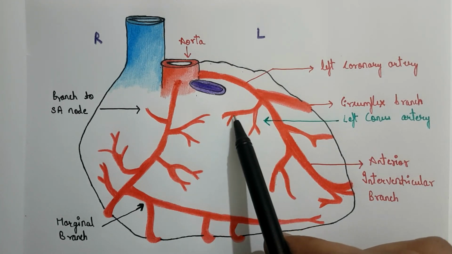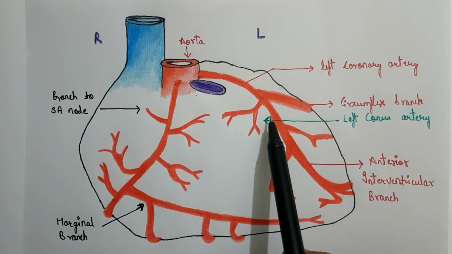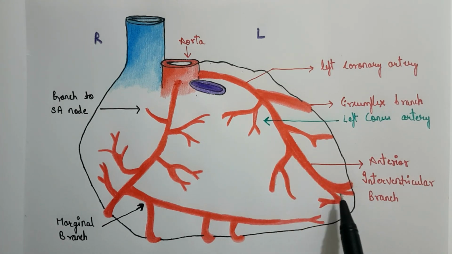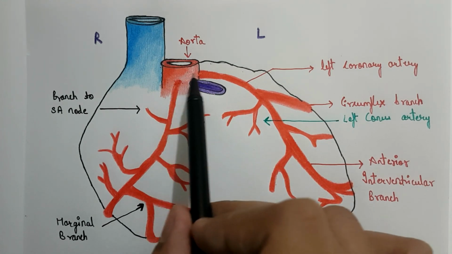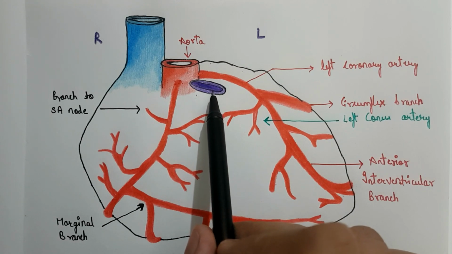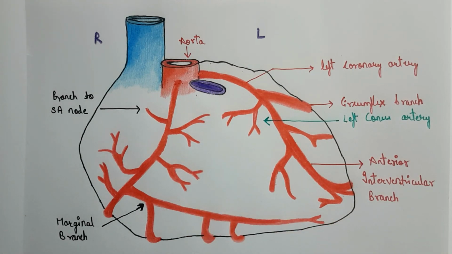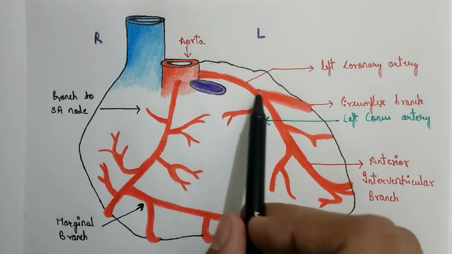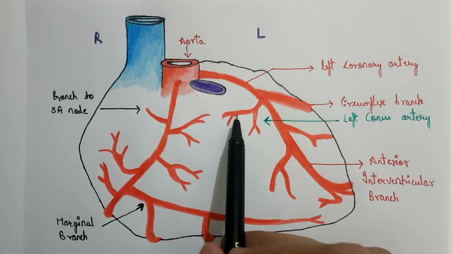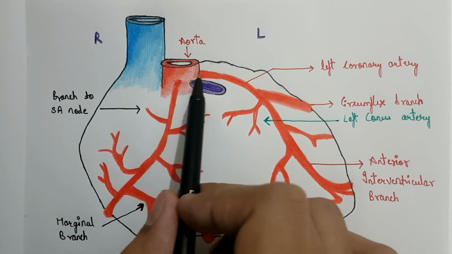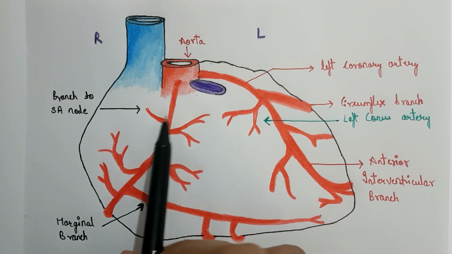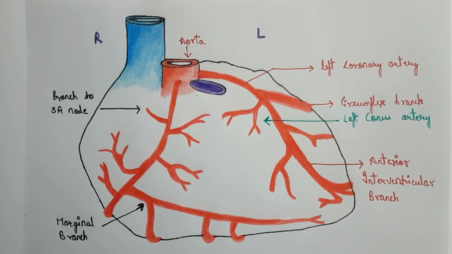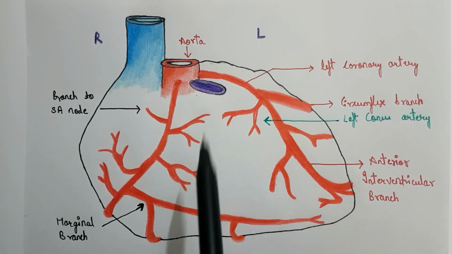This is the left conus artery, or the sub-branch of the anterior interventricular branch, which forms the annulus of Vieussens around the pulmonary trunk. As you guys could remember, this is the right conus artery, which forms the annulus of Vieussens with the left conus artery. This right here is an arterial circle known as the annulus of Vieussens around the pulmonary trunk.